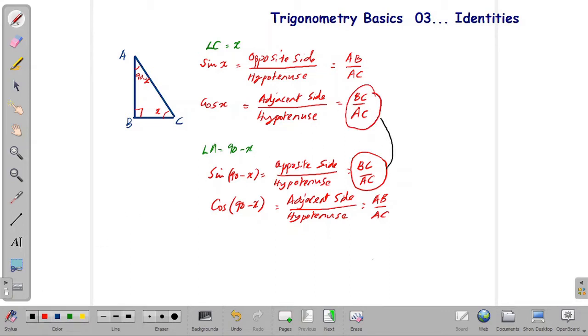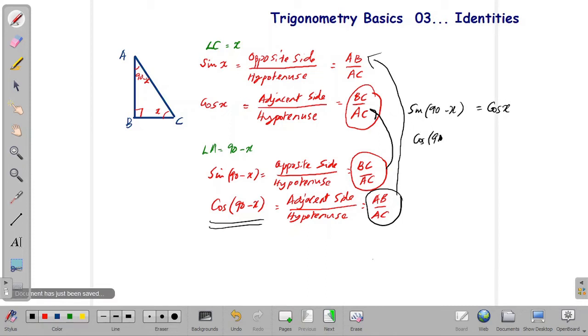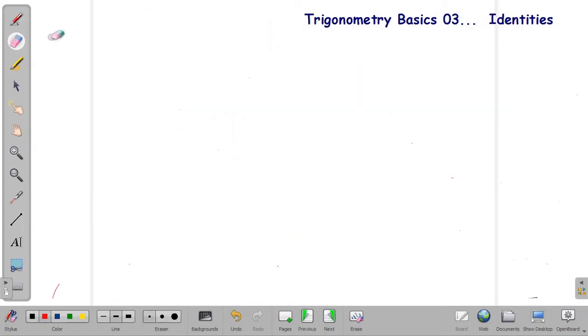So sin 90 minus X is equal to cos X. And similarly for cos 90 minus X, AB by AC is nothing but sin X. So cos 90 minus X is equal to sin X, right? Similarly, we can find tan 90 minus X, and that will be equal to cot X. And we derive some more identities